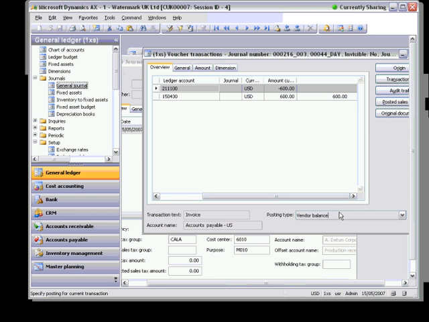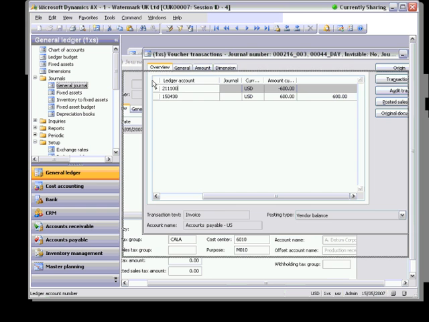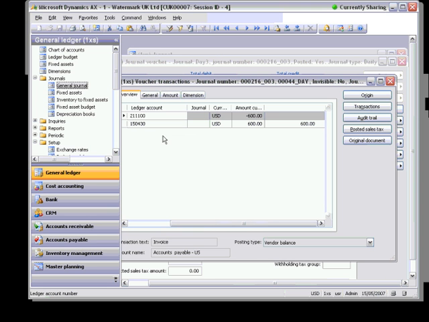we understand that our information updated in the ledger account and in the vendor balance. This is ledger account name. Next ledger account. You see the posting type on the general ledger general. It means that amount was updated only in the ledger account. Okay, if we go deeper to vendor account,